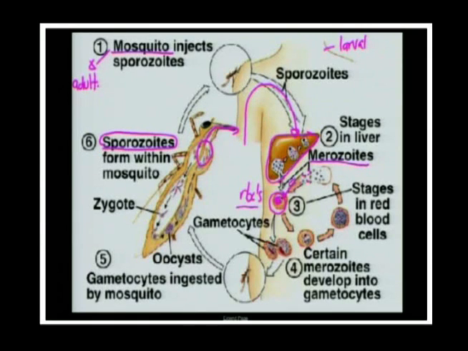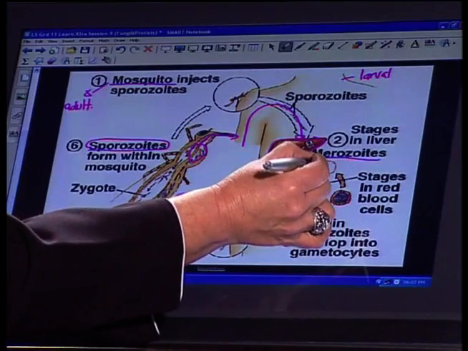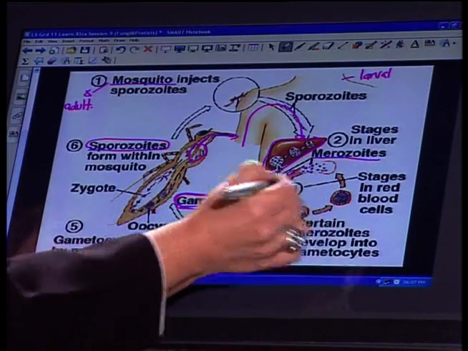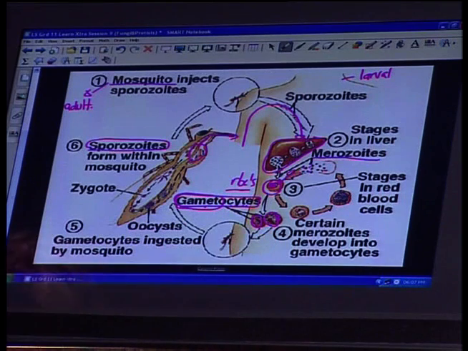Sometimes what will happen, some of these merozoites, instead of finding a new red blood cell, will develop into a special form called a gametocyte. Now look at the word gameto, gamete cells. And these will circulate in your bloodstream and they don't do anything to harm you at all. In the meantime, the merozoites are burrowing in, reproducing, bursting out, burrowing in, but these gametocytes just go around in your blood